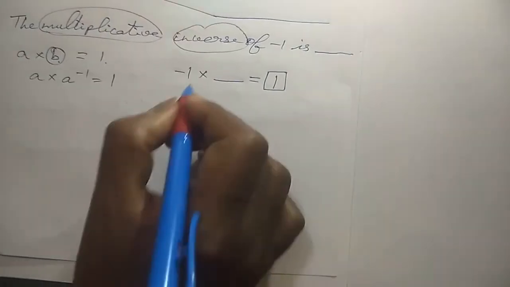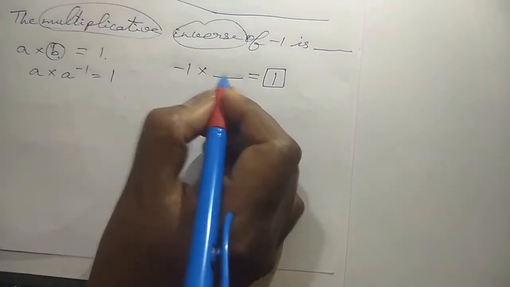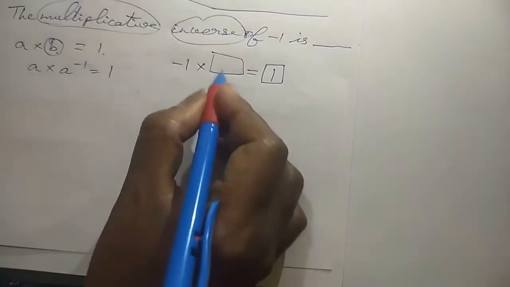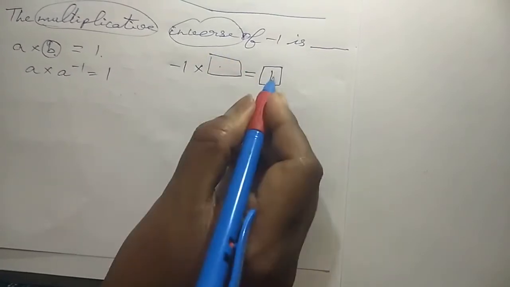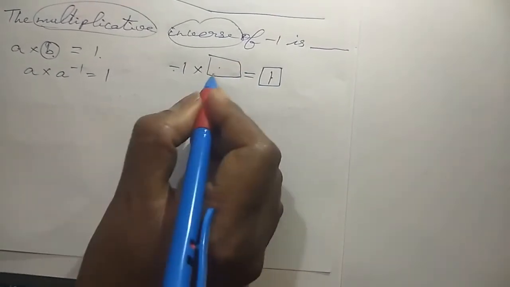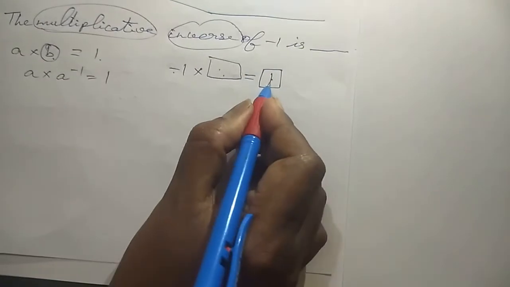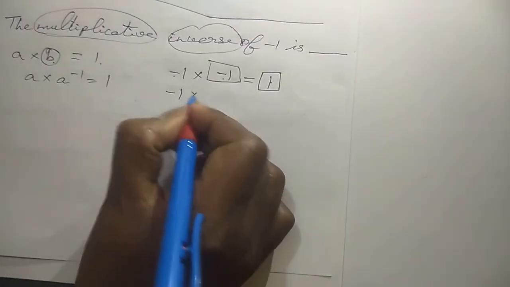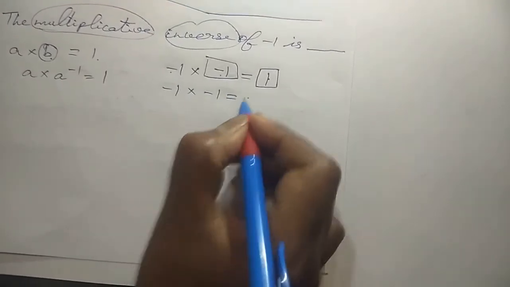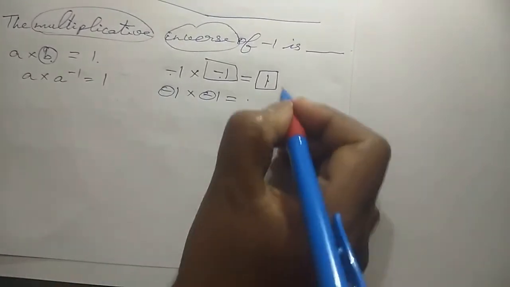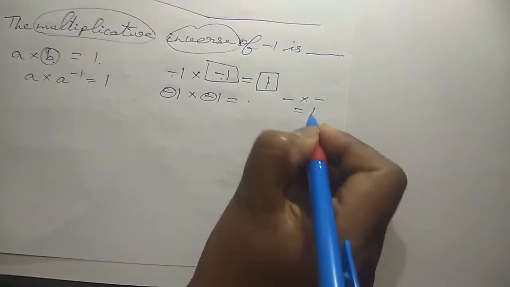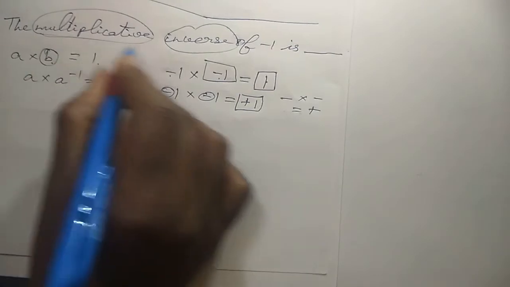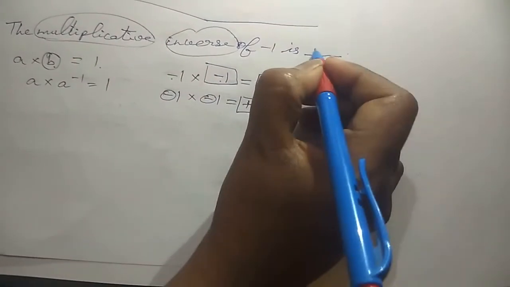So what is the answer here now? This is the multiplicative inverse box, correct? We have to multiply something inside so that we get a plus 1. We have minus 1, and to get plus 1 we just have to multiply by minus 1, because minus 1 into minus 1 is negative into negative again, and negative into negative will be a positive. So it is plus 1. So the multiplicative inverse of minus 1 is minus 1.